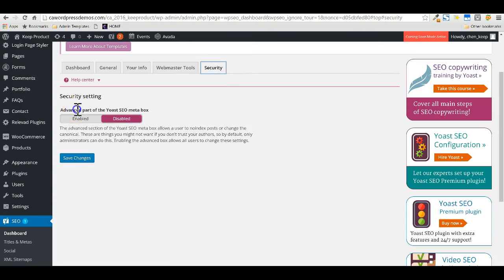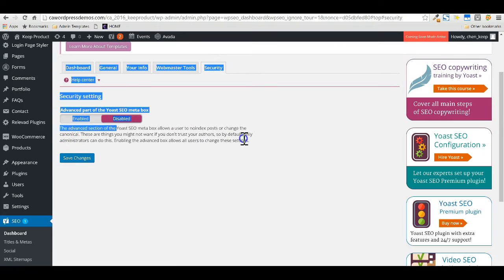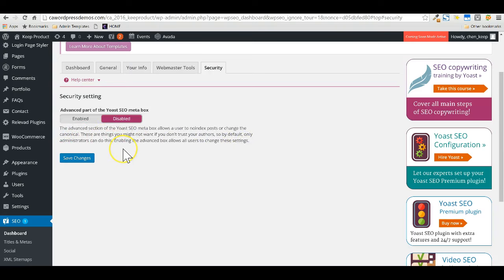Coming to the security, this is the latest addition to the Yoast plugin. What happens is, this allows no index post or maybe and canonical. Basically, canonical is nothing but it tells the search engines that there is no duplicate content. So you've got to keep that in mind.